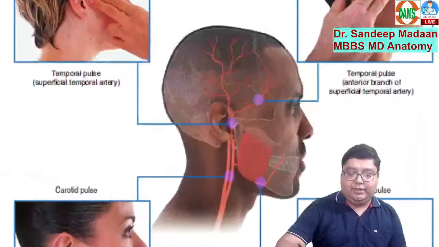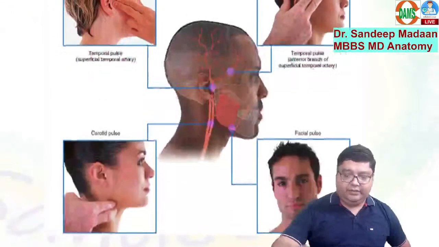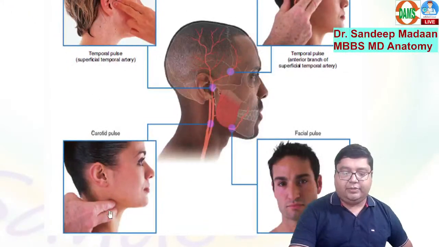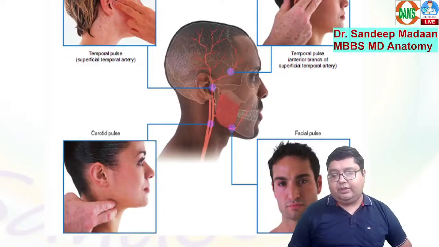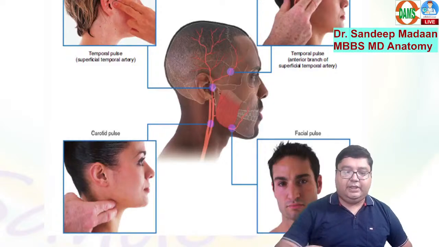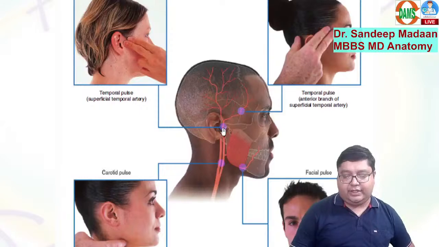Let me zoom in. So we have these areas to identify the arteries. If you check here, that will be the carotid pulse. And if you check over here, that is your facial pulse. But superficial temporal you can check either in front of the tragus, or just